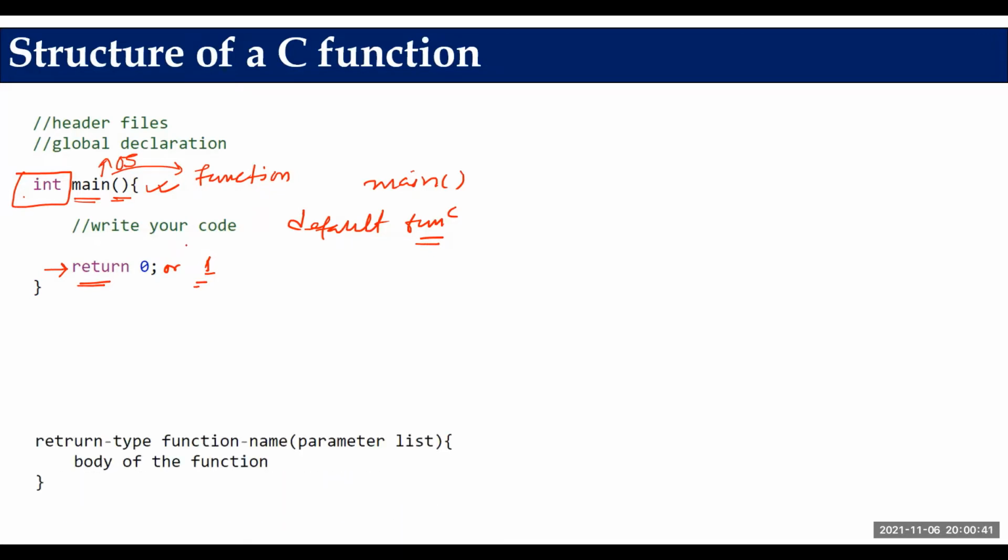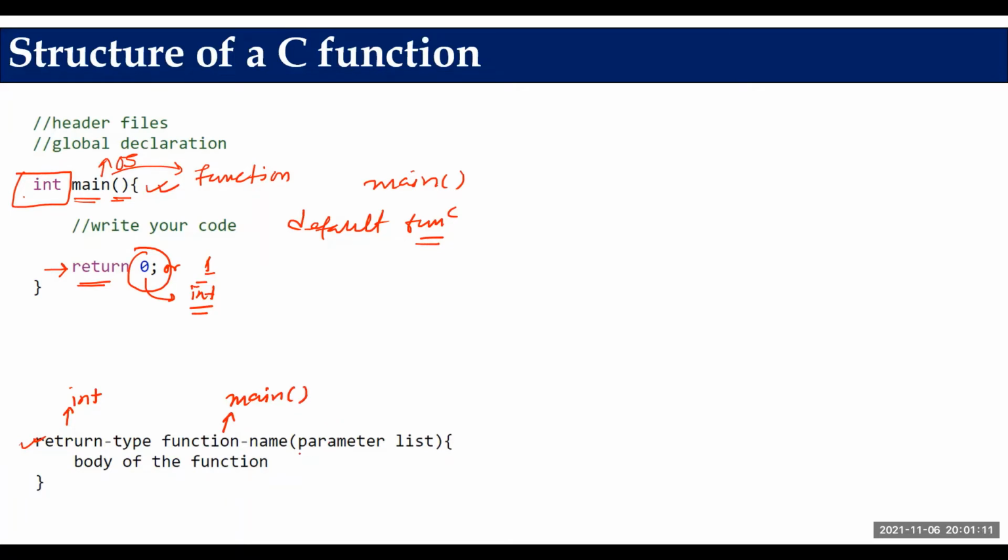Here you can see the return type. First of all is the return type. If we talk about the main method, the return type of main is right now int, which means it can return only an integer type value. So here you can check I'm returning a value 0. What is the type of 0? 0 is an integer constant. So I'm returning an integer type value. Second is the function name. What is the name of the function in this case? Main.